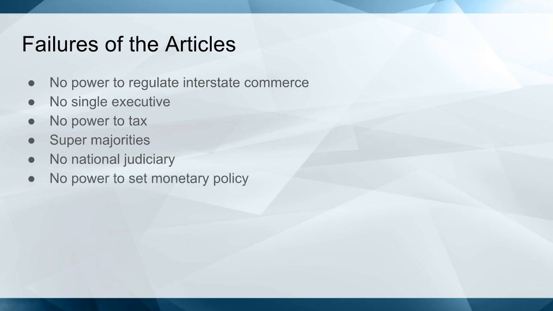There was also no power to set monetary policy. While the national government could print money and coin money, states could do this as well. What resulted from this is that some states were able to hyperinflate their money system and devalue their currency to provide aid to the debtor class. This was one of the problems that was particularly burdensome on wealthy individuals,